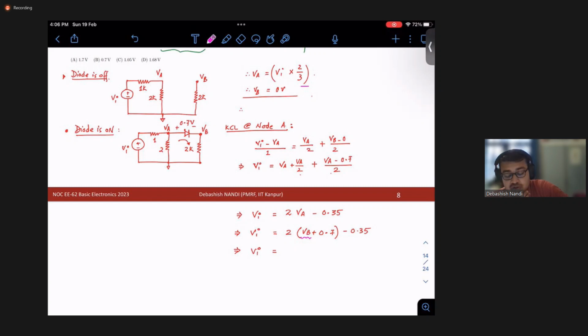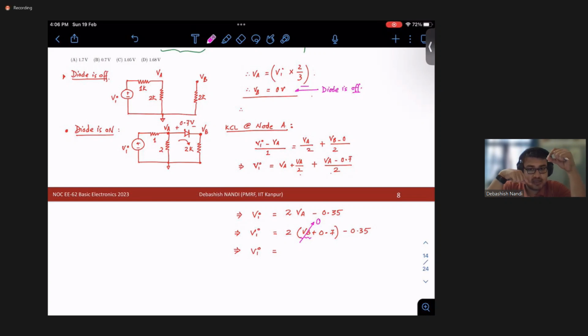But if I rephrase it in a different way, in this case, if you make VB equal to 0, then can we approach this condition? Right, because at the instant when the diode gets switched on,